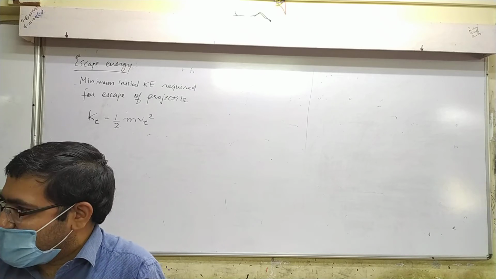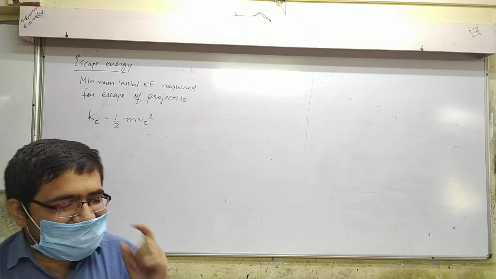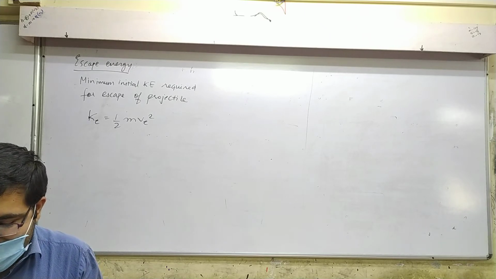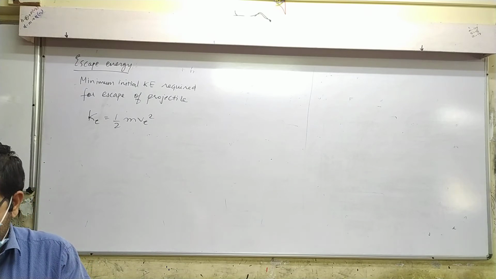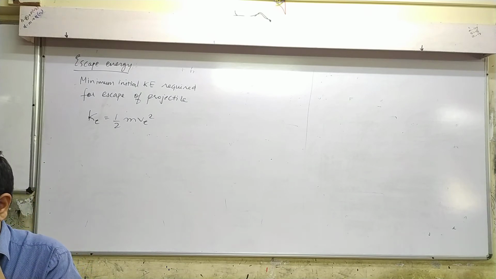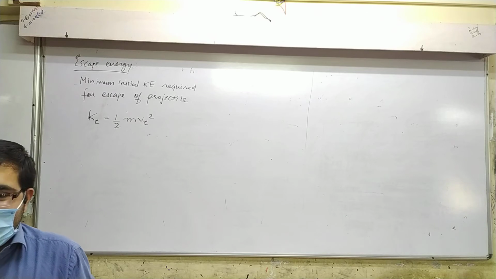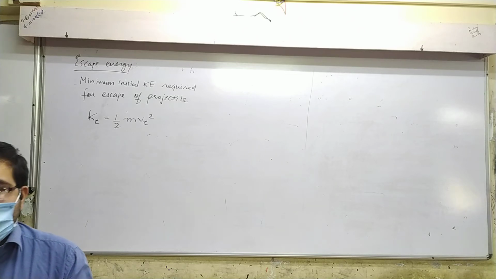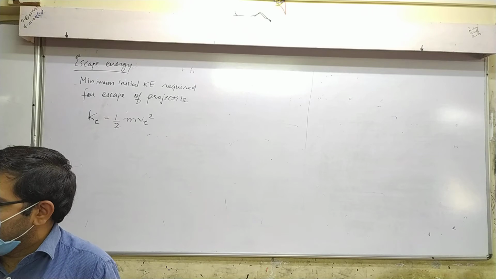Mass of Earth, it does not depend on mass of body. Escape energy depends on mass of body. Escape speed does not depend on mass. Okay, so not on mass of body. Then B, location. I want you to add a word over there. Location on Earth from where it is projected.